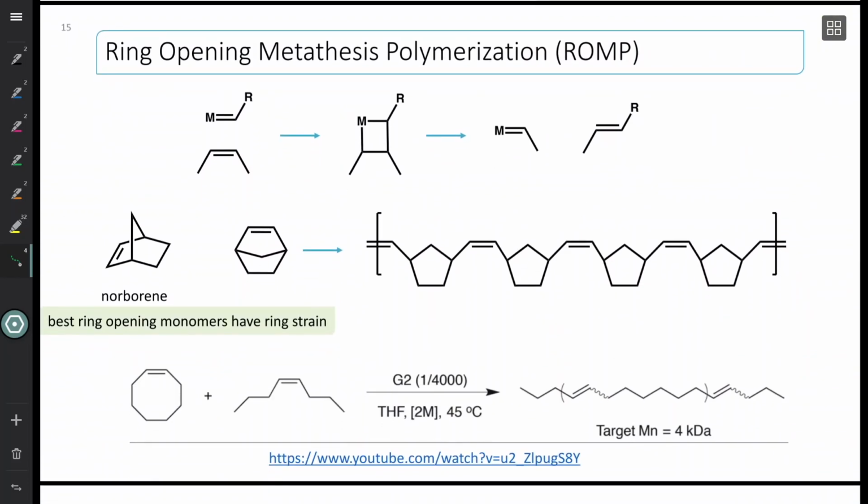Okay, ring opening metathesis polymerization. It's my favorite little thing. So this is ROMP, and let me fill this in. So what this reaction is, you take a double bond that is in a ring. You bring your metal, your Grubbs catalyst, and it will